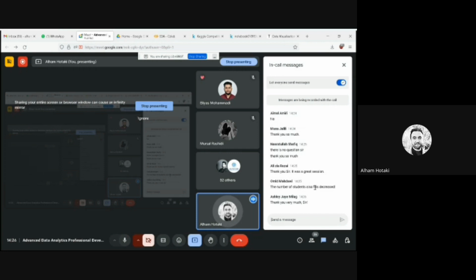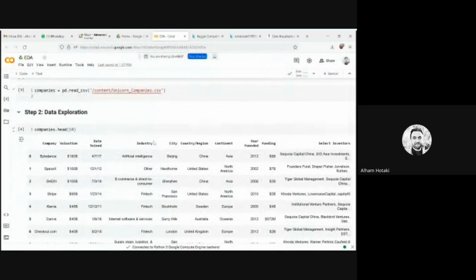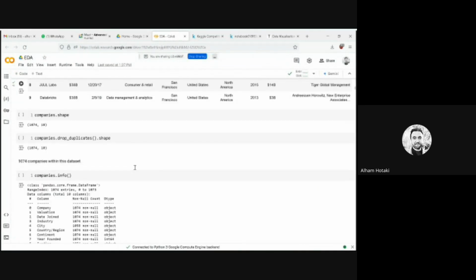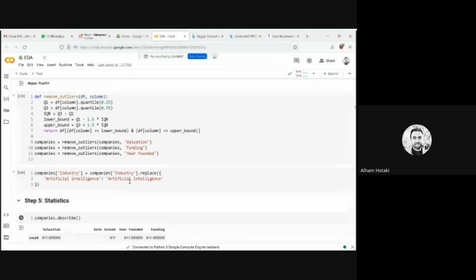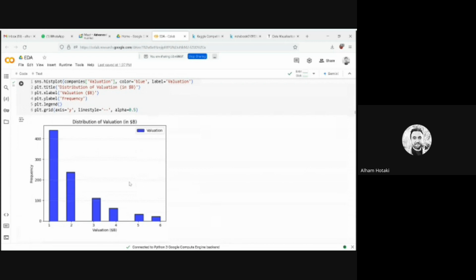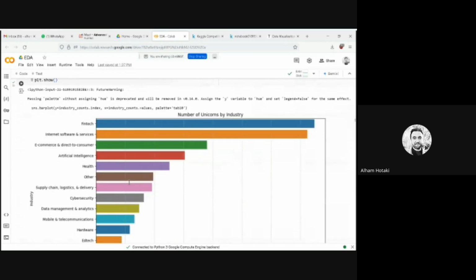Tomorrow we will be continuing with Kaggle. I will very much encourage all of you to create your Kaggle portfolios. They play a key role. And this EDA that we have done together, all of you will be posting. I will be sharing this file with you. If you have done your own file, that is good. If not,